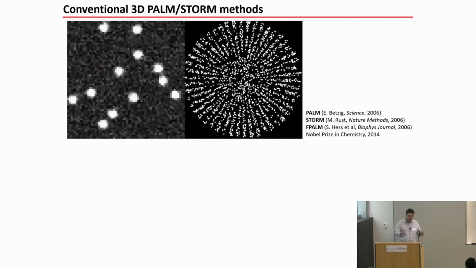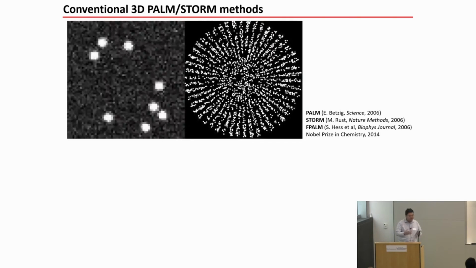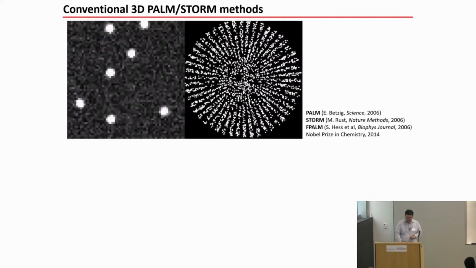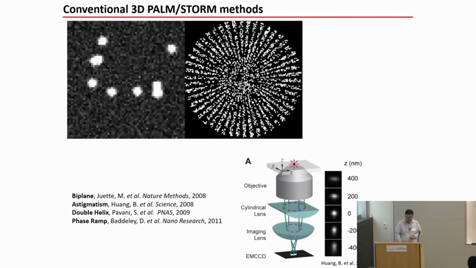However, this movie only shows you how to do it in 2D, but how do we make it in 3D? Traditional 3D super resolution imaging methods based on biplane, astigmatism, double helix, and phase ramp share a similarity. What they do is they try to put in some optical element such that the point spread function will change shape at different Z positions. Showing up over here, you have a point spread function in focus, which is round. If you're out of focus, it elongates in one direction, and in the other direction in Z, it will elongate in